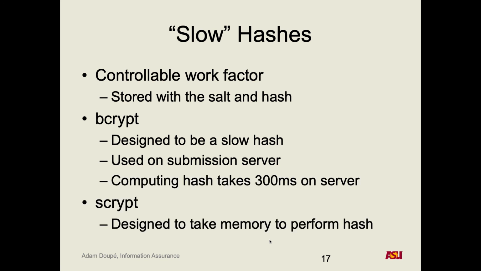Other functions that are interesting, so there's a whole vein of research into slow hashes. Scrypt is one that is designed to take up memory. A lot of these hash functions take very little memory, so they can be easily implemented in hardware, even on an FPGA. But scrypt is designed to take maybe 100 megabytes, I don't know the exact numbers, which makes it difficult to build memory that is very fast.